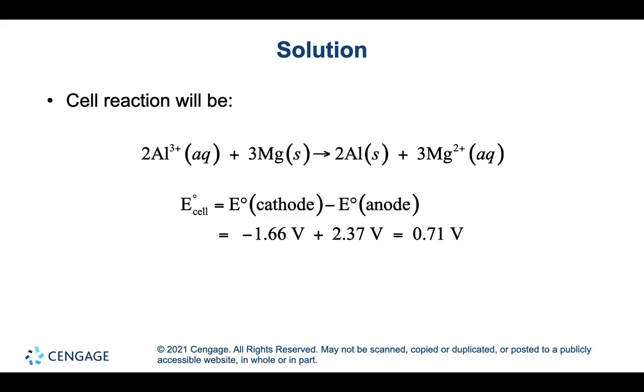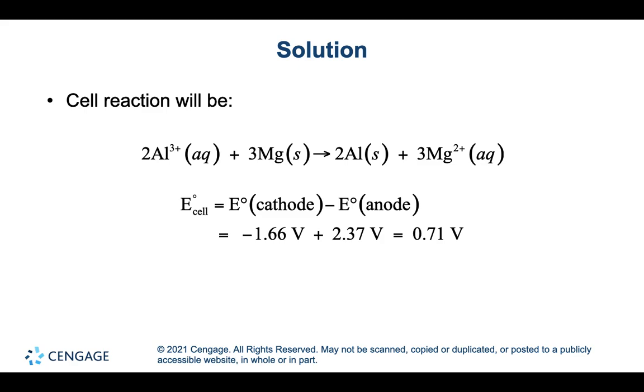And the numerical value of that is the difference on the number line, the distance between negative 1.66 and negative 2.37, which happens to be 0.71 volts. So making a battery using these two half reactions, aluminum plus 3 ion in solution, aluminum metal as the